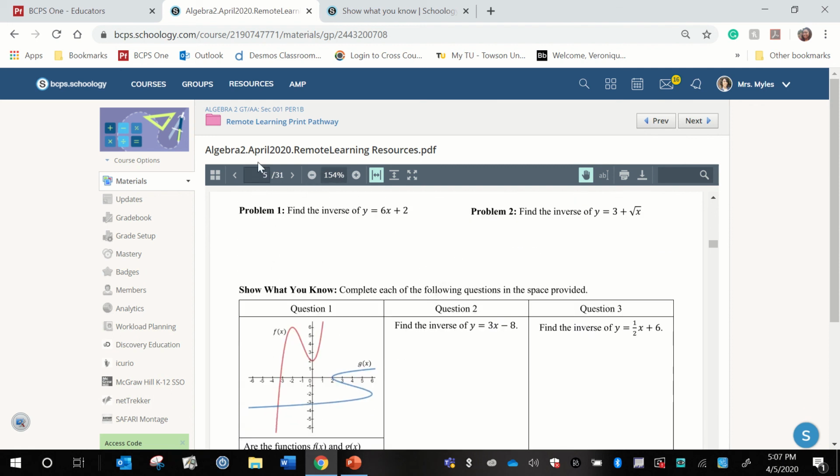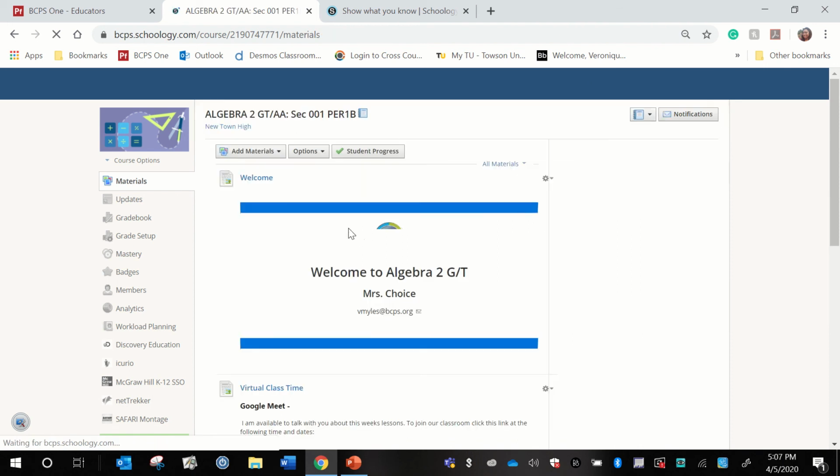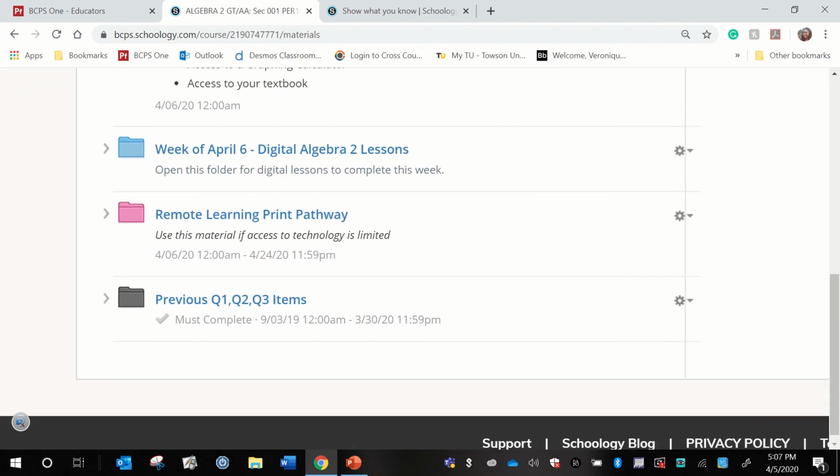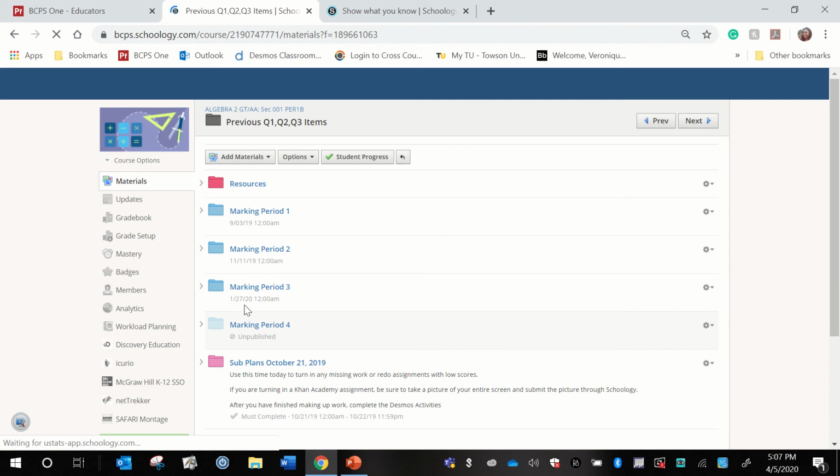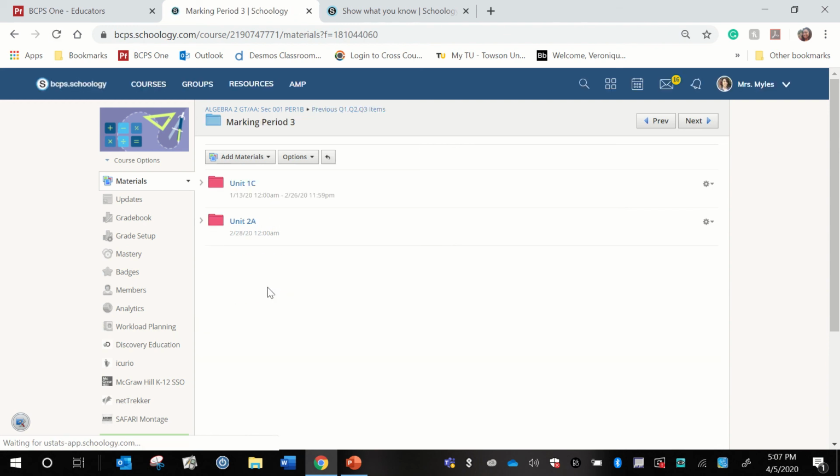No need to worry. The last thing that I do want to go over, if you are concerned about anything that happened in quarter 3 before we left, is the black folder, previous Q1, Q2, Q3 items. It is all there for you, so you can click on that folder. You can open marking period 3, and there are the 2 units that we were working on during marking period 3 if you would like to redo any of that work. I personally am not setting a deadline for when redo work has to be done. Obviously, it needs to be done before the end of the school year,